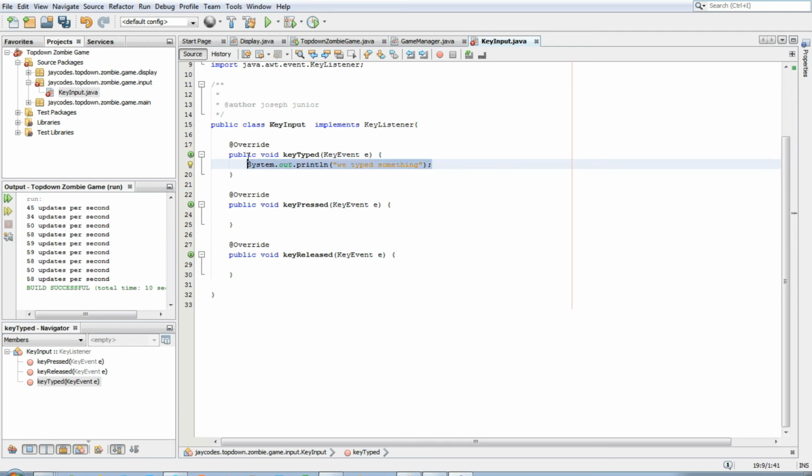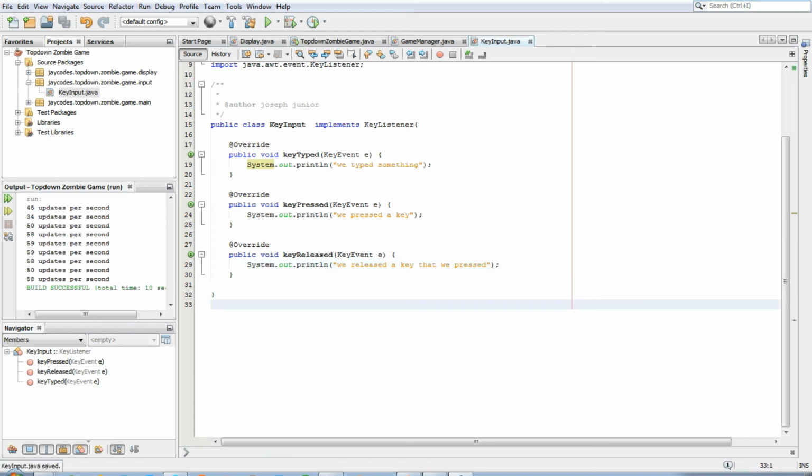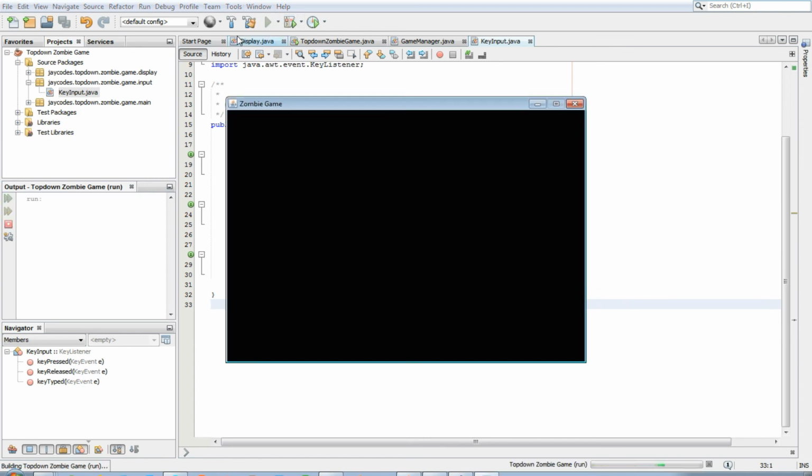And here, we pressed a key, and then here we're just going to say we released the key that we pressed. And when we run this,